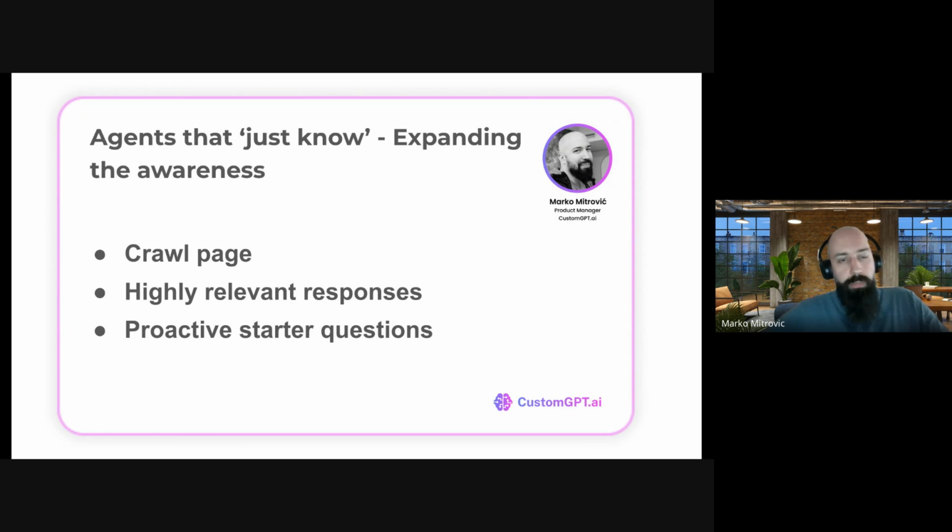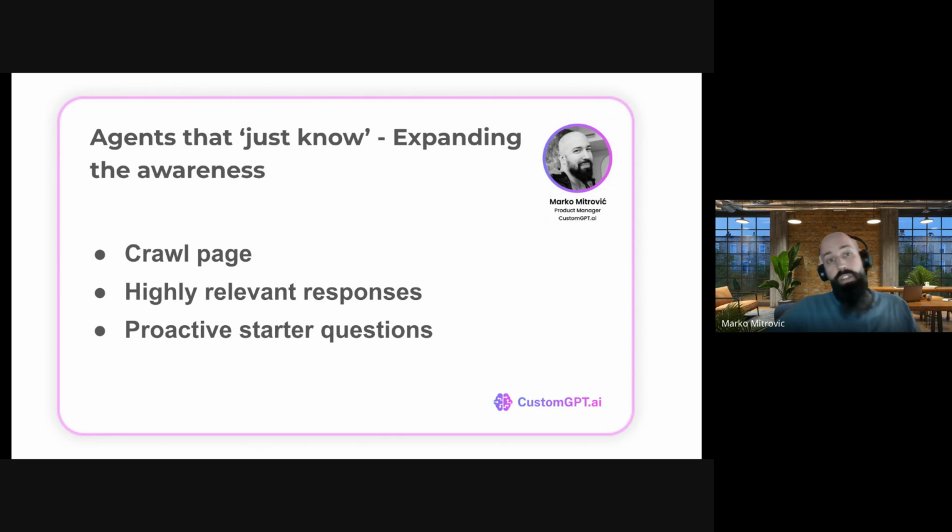So the first bit of that is website awareness or web page awareness of the agent, or context awareness, in other words, which basically means that you can go to the app and enable the feature for the agent that will ensure that it knows on which web page it currently is, or what exactly the user is reading. And it can help it to create highly relevant responses, because everything is happening in the context of